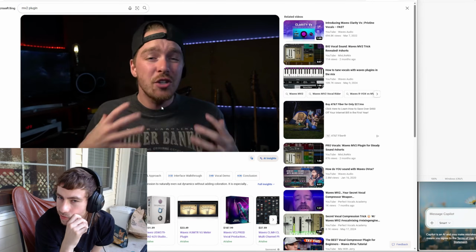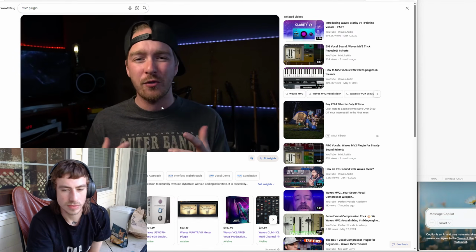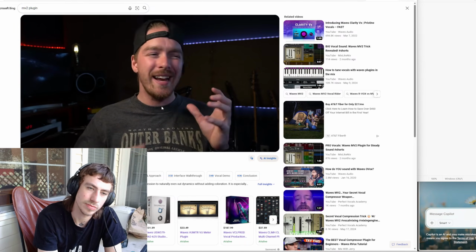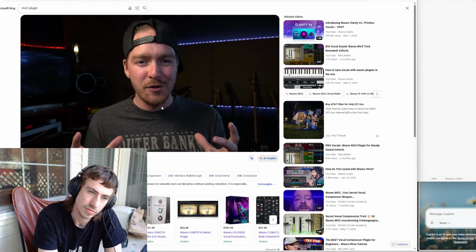Now, personally, I don't really like to use it as the only compressor on a vocal. It's not really the purpose for me. As I said, it's very natural sounding and just helps even it out, but it doesn't really bring any character to it or give me that compressed sound, which is great for what I use it for, but then I like to add